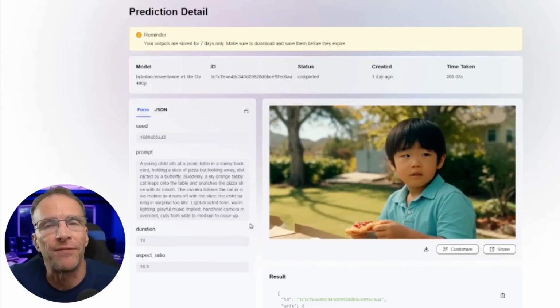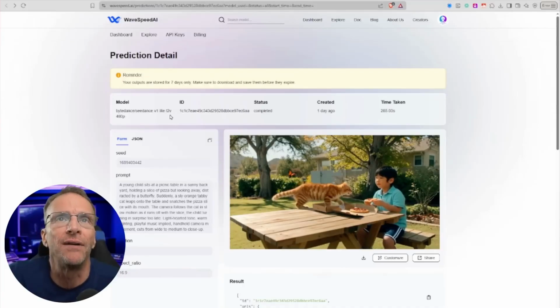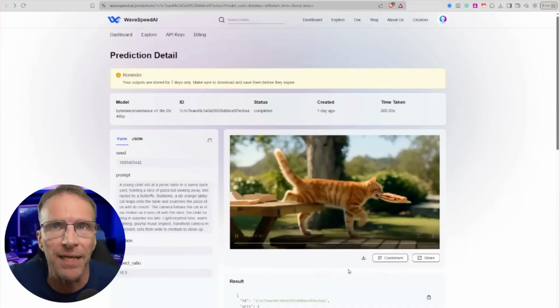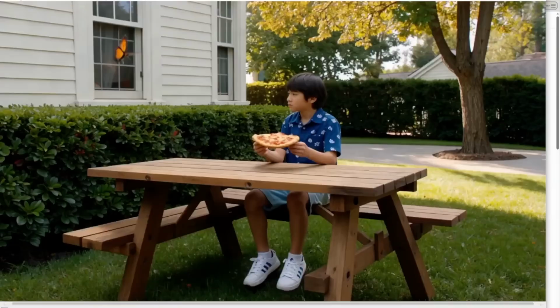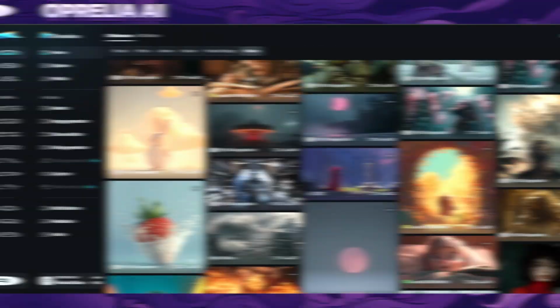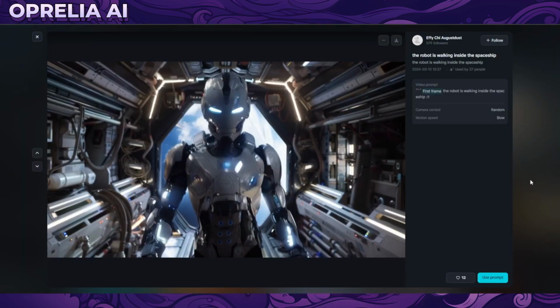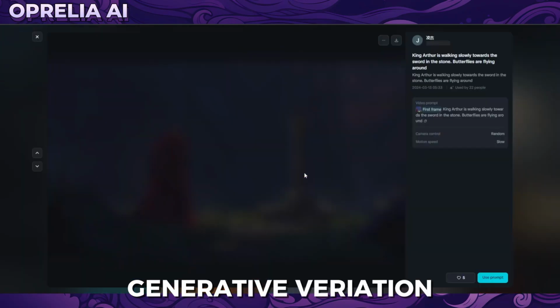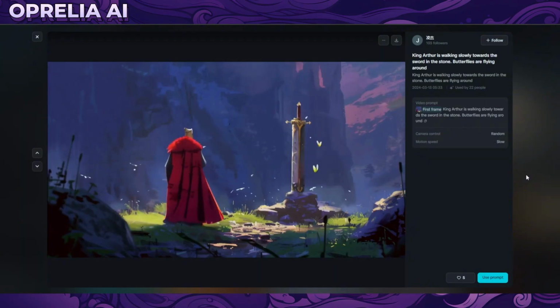The generation process itself is straightforward. You input your prompt, hit generate, and in about 40 seconds you've got your clip. But here's where the real workflow magic happens, because it's so fast, you can actually iterate creatively. Don't like how a character looks? Refine your prompt and try again. Want a different camera angle? Generate a variation. The speed makes experimentation actually feasible.